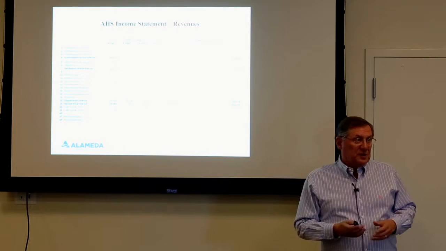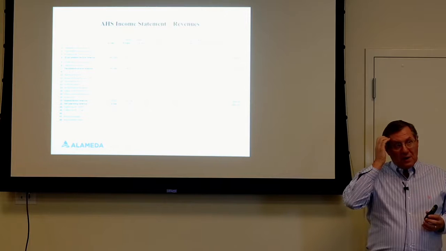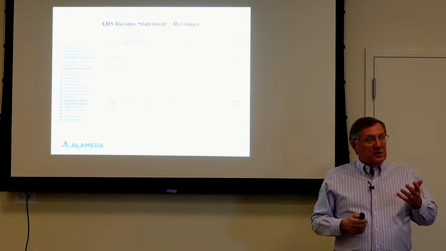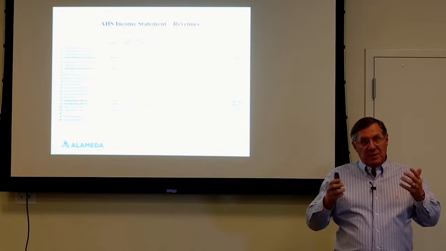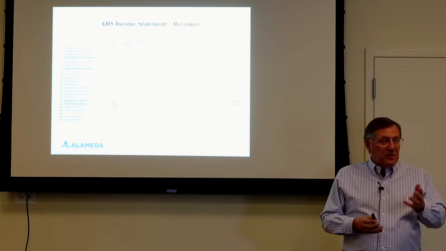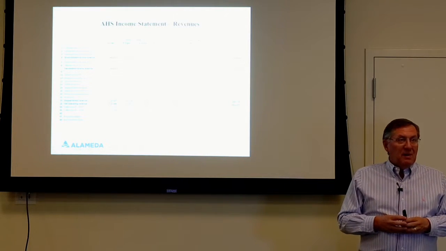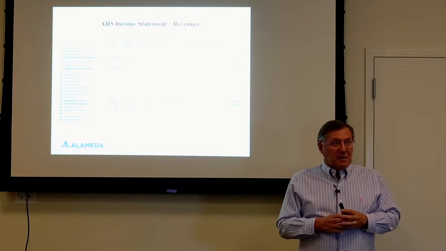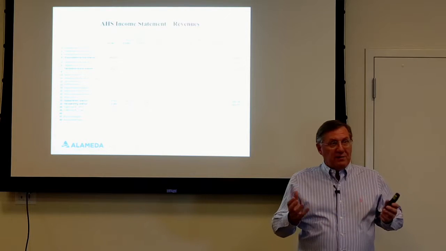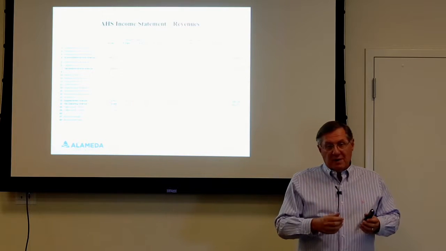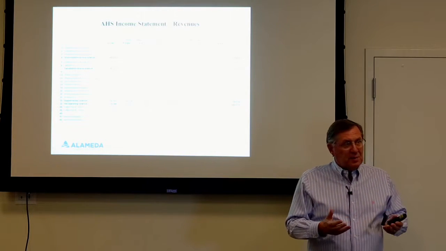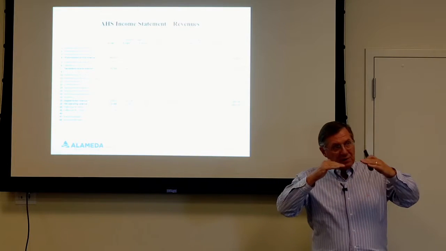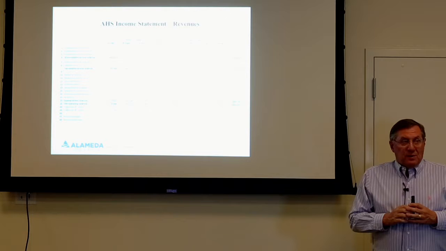A large part of that is just pricing increase. Some of it's volume, but a lot of it's pricing. Then the other thing is the contract rates. We have an issue with contracts because many of our contracts hadn't been done for years. At Alameda Hospital, the hospital failed largely because they did not address contracts. They said we have to have contracts, and they got contracts and they were terrible. They lost money on every patient they saw. So we're taking a different approach and trying to get the contract rates up so that they can be